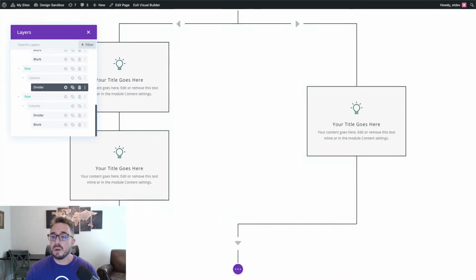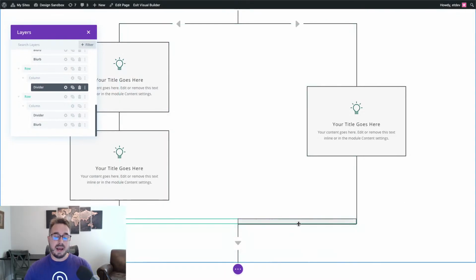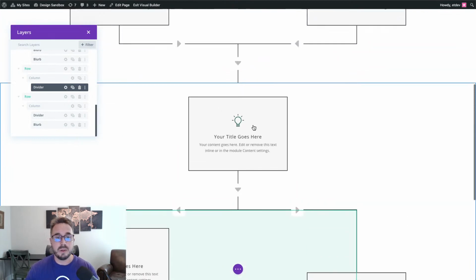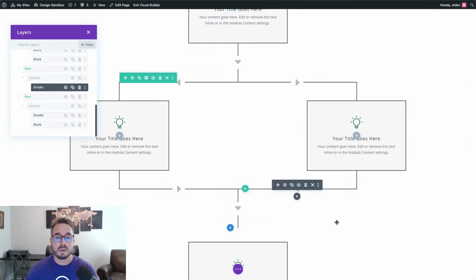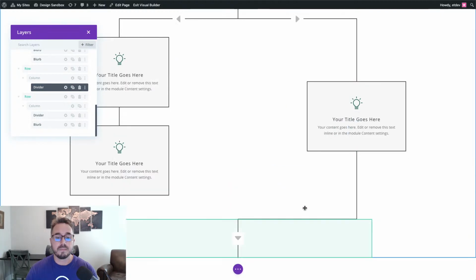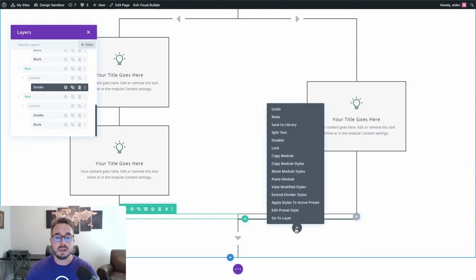So now we need to add that arrow to there, which we can do. I'm just going to come up here, grab this one. I'm going to copy it. And let's paste it